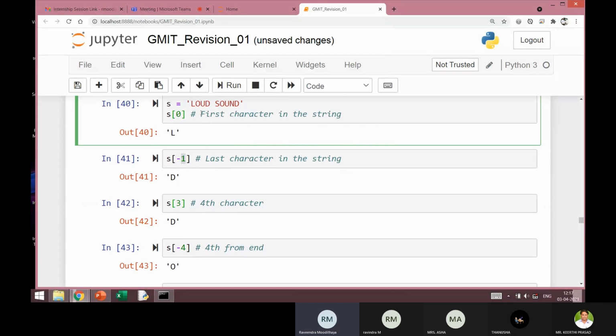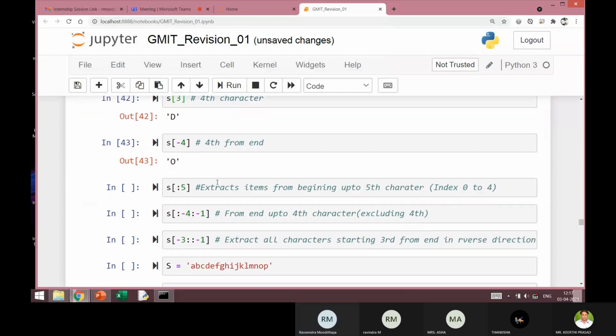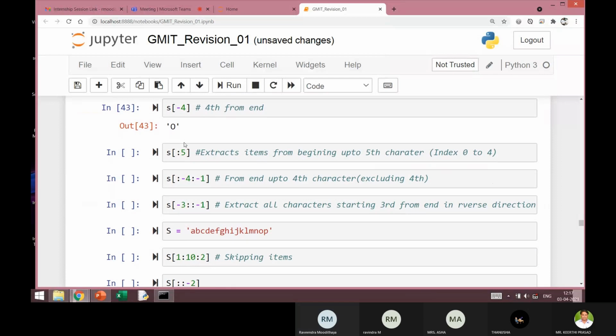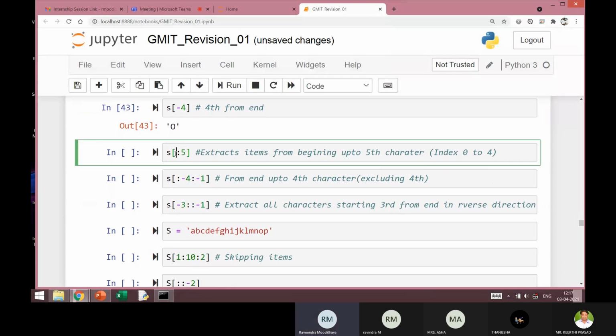But now if I want to output more than one value, let's see how that can be done. Now here I've given a colon as the first character and then I've written 5. What does this mean? Starting from 0 till the 5th character.